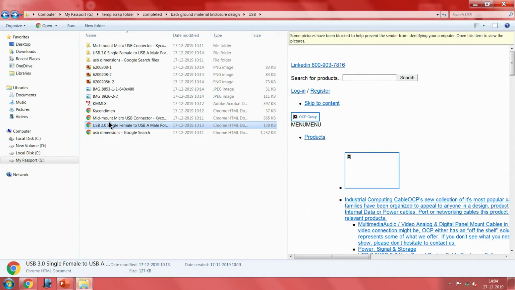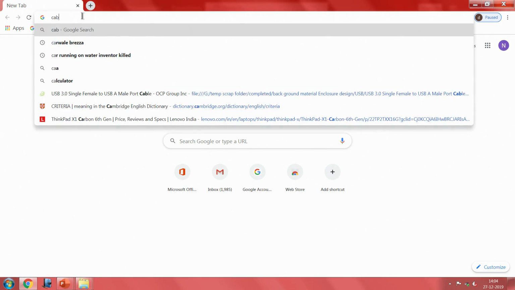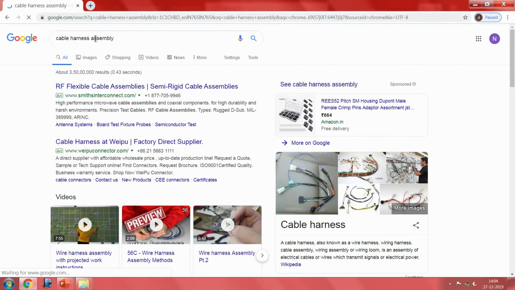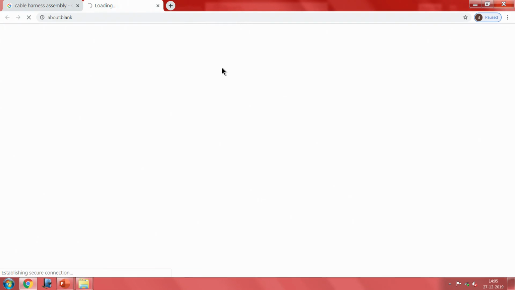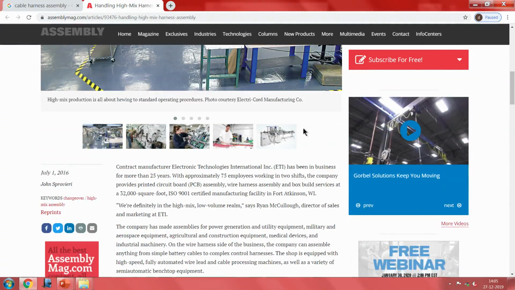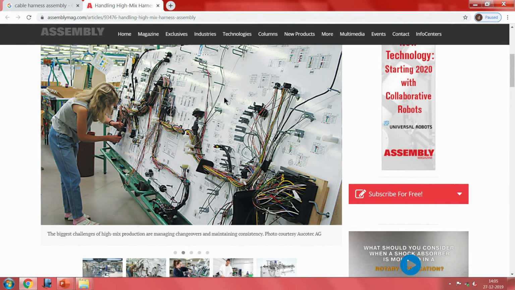So, before I wind up, I will just try to show you a cable harness. I will see what pops up, exactly what I was looking up at. Looks complicated, but then if every switch already comes with the recommended termination, it is very easy for you to go ahead and make this sort of complicated assemblies.